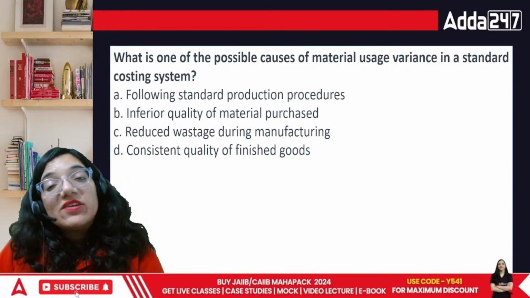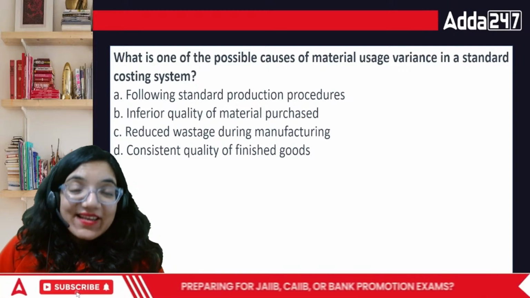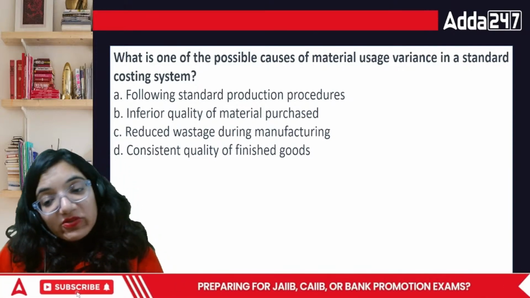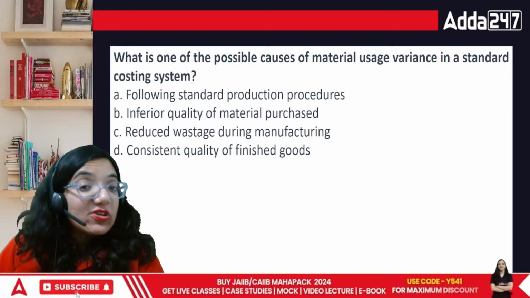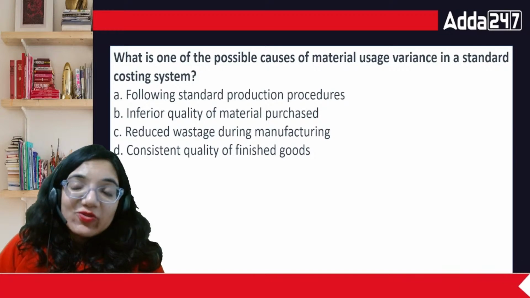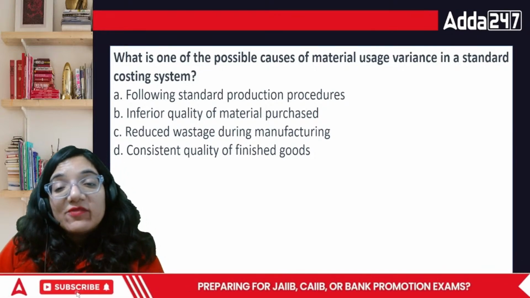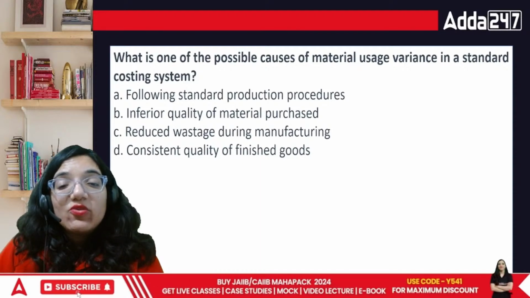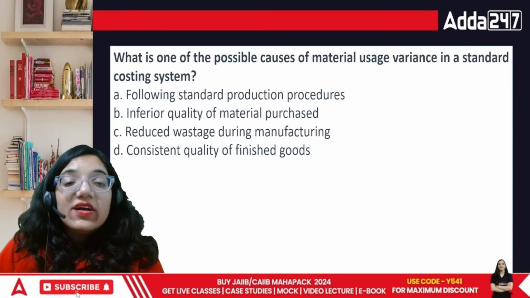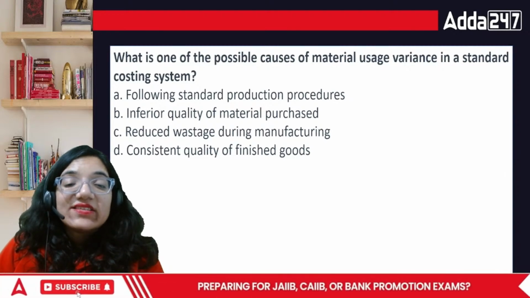The same thing happens in material usage. If I had planned to use more of material A, then we should be using more of material A. We should not be switching to material B all of a sudden. If the proportion is changed, probably the quality of the good will automatically change as well. Then following standard procedures, or inferior quality of material purchase, or reduced wastage during manufacturing, or consistent quality